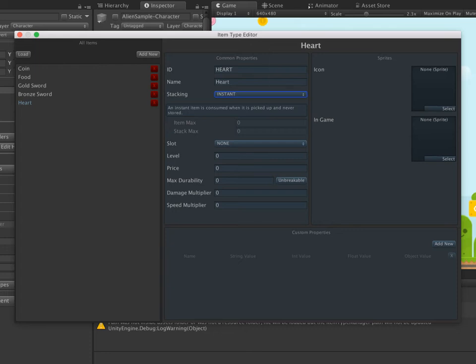So this interface was actually developed for one of the customers, who was using it in their game with the damage multipliers, speed multipliers, and so on and so forth. So that's all sort of hooked up and already working. I'll probably add some more properties. So something like food, for example, I might make that have its own built-in stat instead of, at the moment, you would have to create a custom stat like this, and you would have to implement the healing yourself. It'd only be a couple of lines of code, but I'll probably extend this base set of stats like level, price, durability, and so on to include a few more general properties to make it even easier to set up